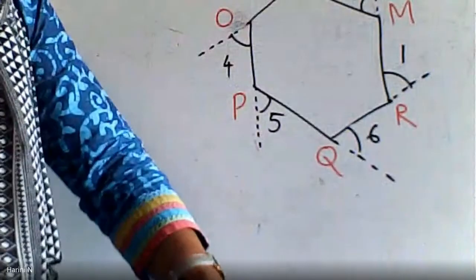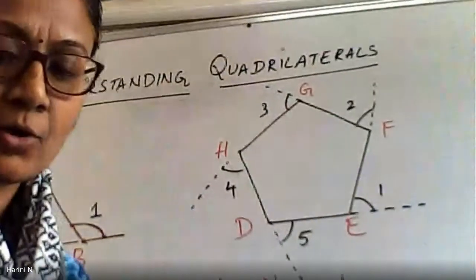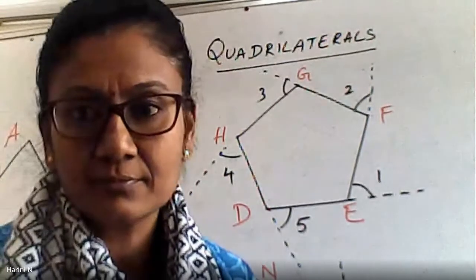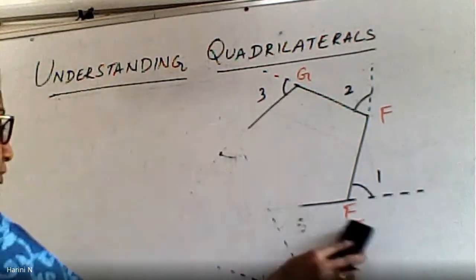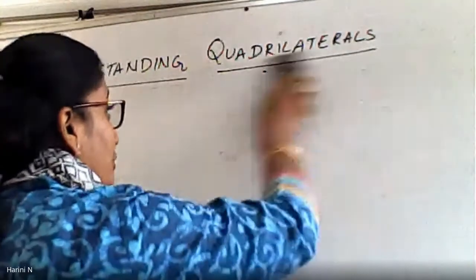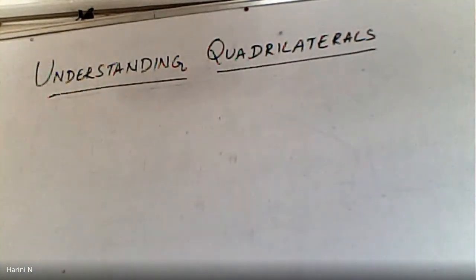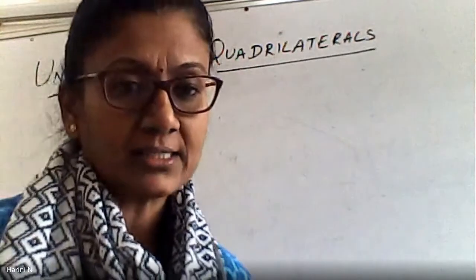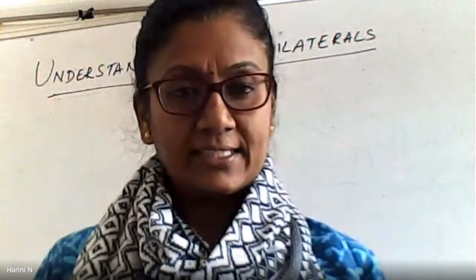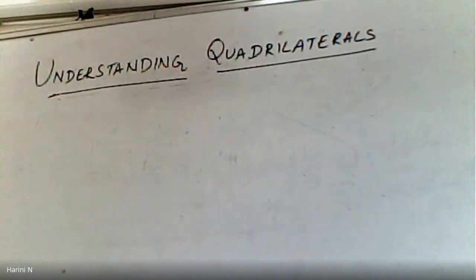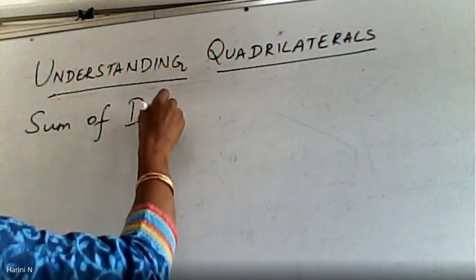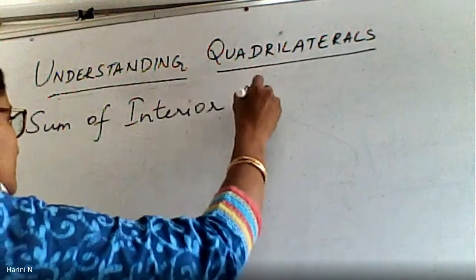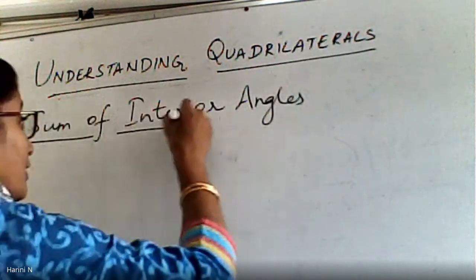Now, unlike the exterior angle property, the sum of the interior angles for all the polygons is not the same. This also I have discussed in the video. I don't know if you remember. It's very important. See, quiz togondaga, whether I am talking about the angle sum property of the interior angles or the exterior angles, clarity is big. So when we are talking about the sum of the interior angles, it is different for different polygons.